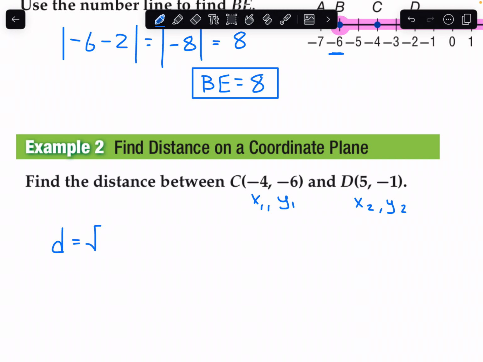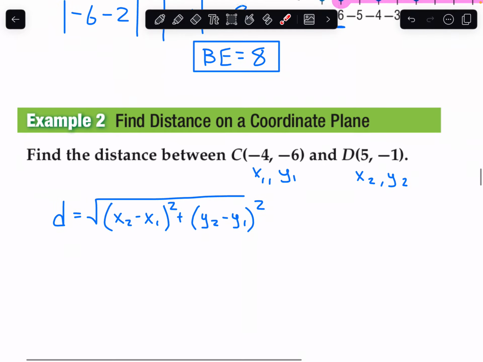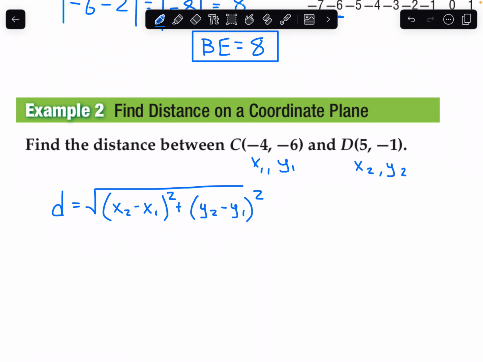That distance is equal to the square root of the sum of two squared pieces. Each piece itself is the distance in one dimension. So it'll be the difference of two like coordinates. So x2 and x1, or y2 and y1,